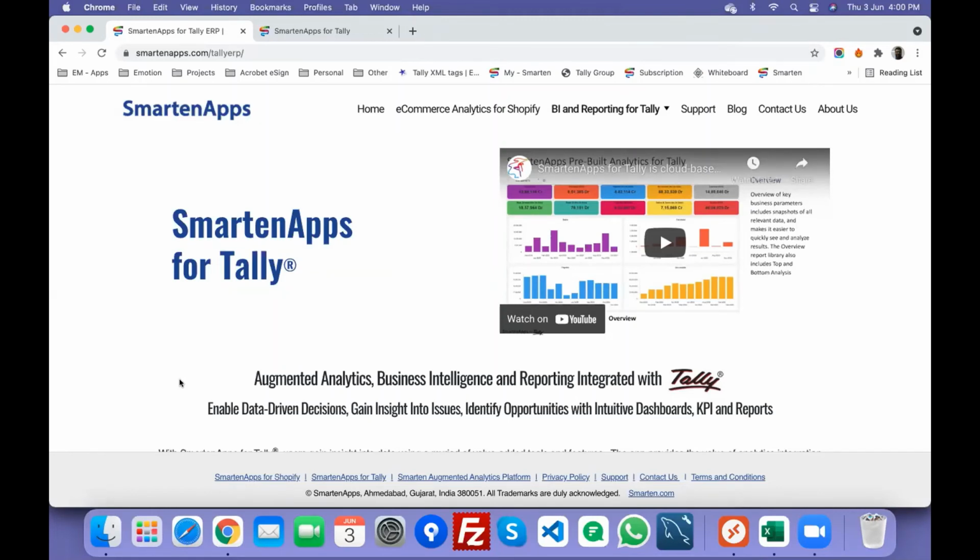This is based on the Smarten augmented analytics platform. That's our own product, listed in multiple reports by Gartner, like I said in the beginning. It's our own solution used by many enterprise and small and medium sized clients across the globe.